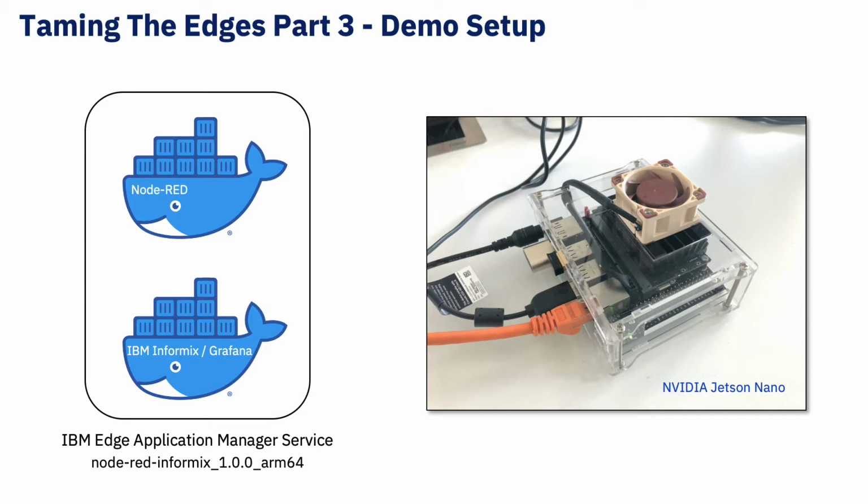So this is not a new container, it's just a definition in the Edge Application Manager that those two Docker containers relate with each other and are dependent on each other. And by defining this dependency, I'm also implicitly getting a Docker network connection between the two containers, which allows me to easily send MQTT-based data from the Node-RED container to the IBM Informix database for later processing and